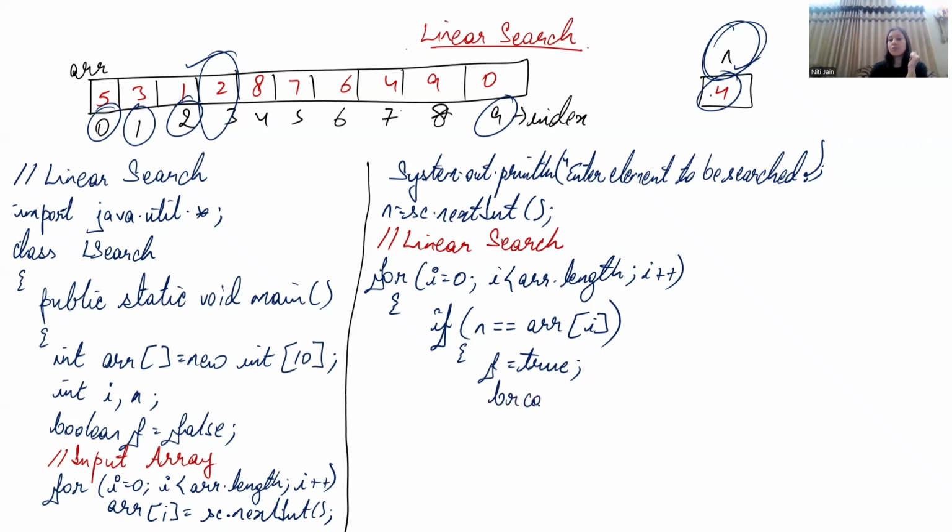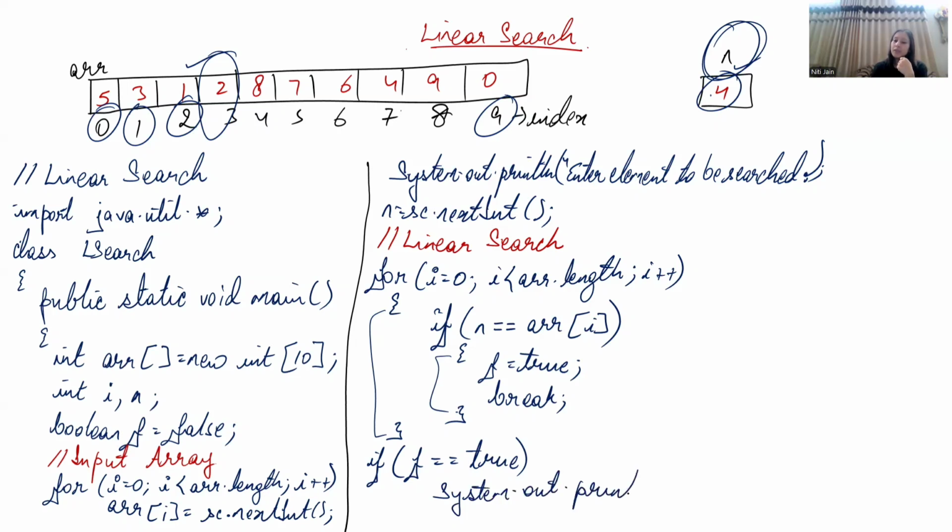I use the jump statement break to come out of the loop. तो मैंने if बंद किया, this is the end of the if, and this is the end of the loop. ठीक है, बाहर आके I just need to check whether my f is true or false. If f is true, that means I have located the value, मतलब मेरा flag up है, मतलब मुझे value कहीं ना कहीं मिली है. तो मैंने क्या करना है? I just need to print,